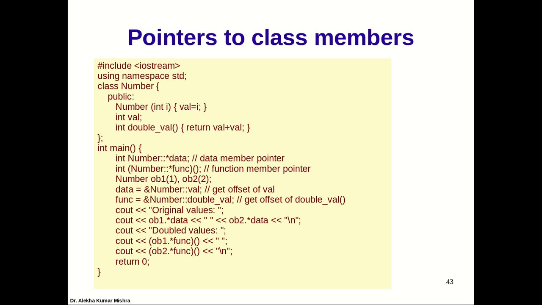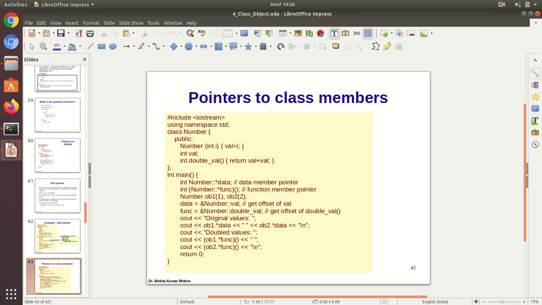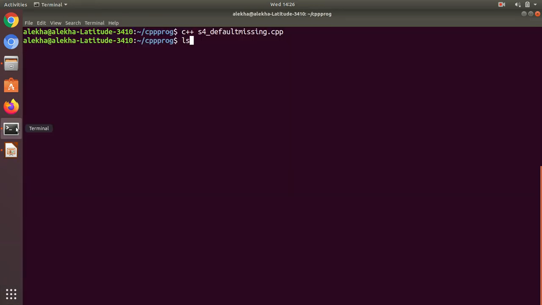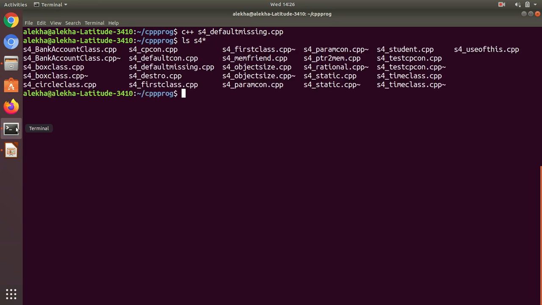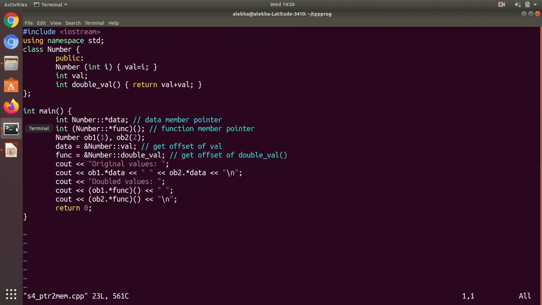So I have this example, perhaps I will demonstrate this one. Remember, this is the example.